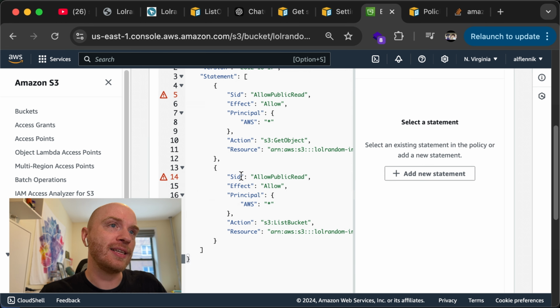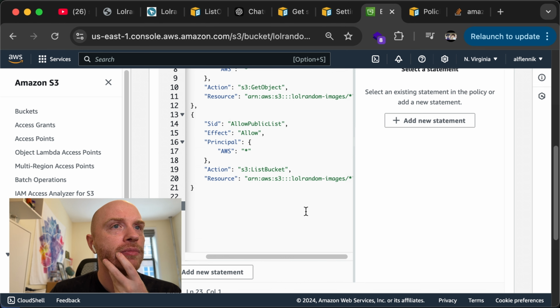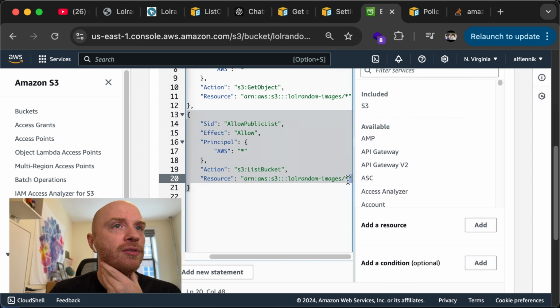Okay, maybe the SID. List. Okay, so this error might be from before. I'm going to hit save again. Maybe I need to remove this part.